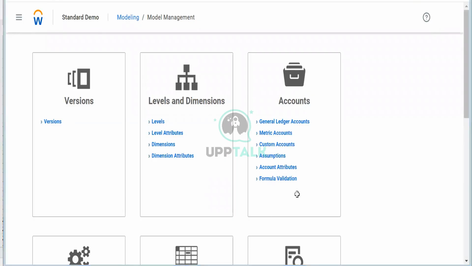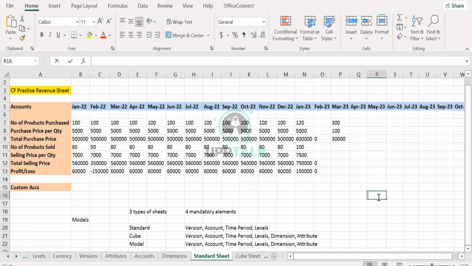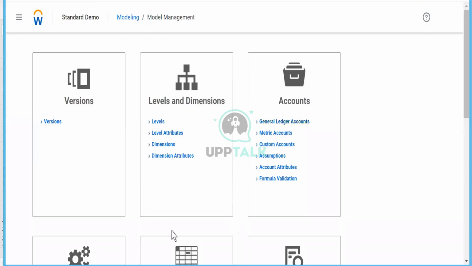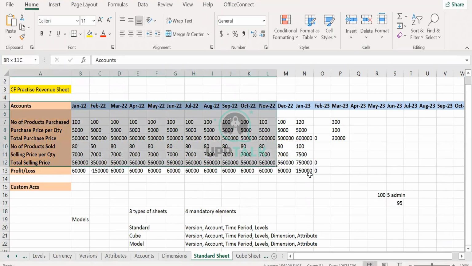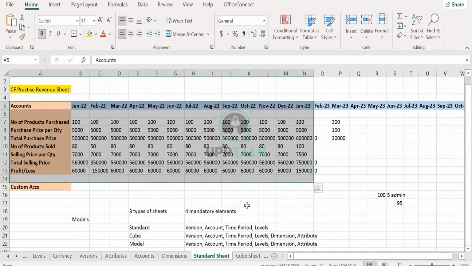No. It controls the security. Basically, if you have 100 employees in the system, only 5 people will have admin access. Only 5 people will have the access to this kind of page where they will do certain changes. The remaining 95 people will be only normal users who will have only the front end of the sheet: this is the data for Mumbai, this is the data for Philadelphia, and so on. They will not have access to this.